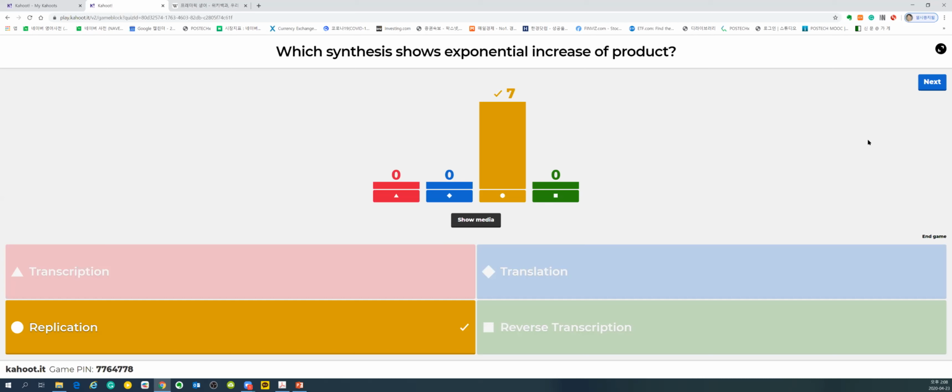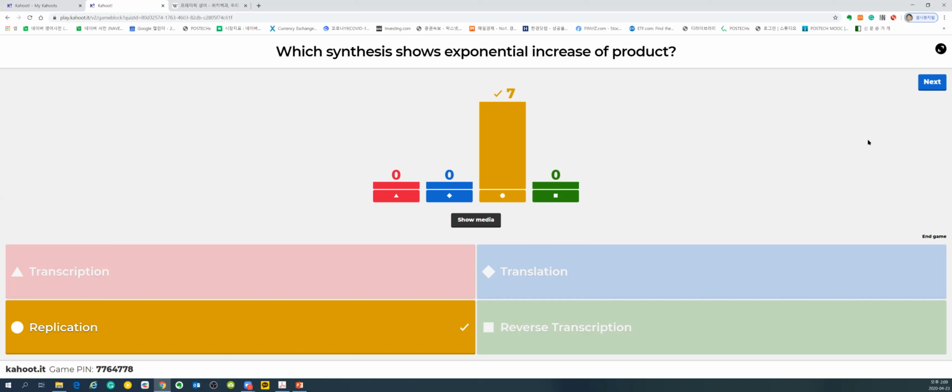That's why in the next step you can get 4 and 8 and 16. That's exponential. Reverse transcription, template is the RNA, and product is the DNA. If you don't make more RNA, then it's also not exponential. Only one product is generated. One cycle, you generate just one product, okay?